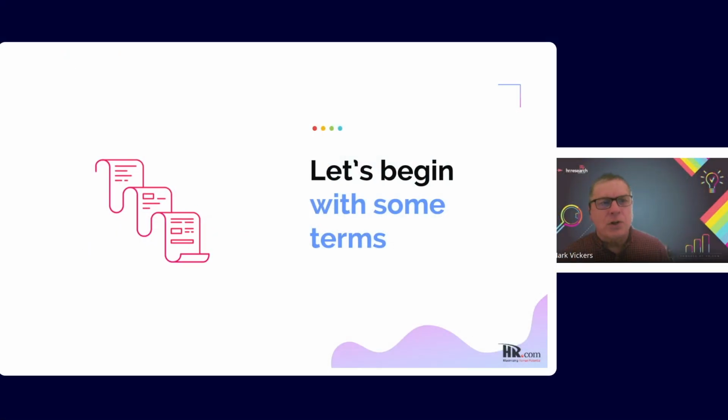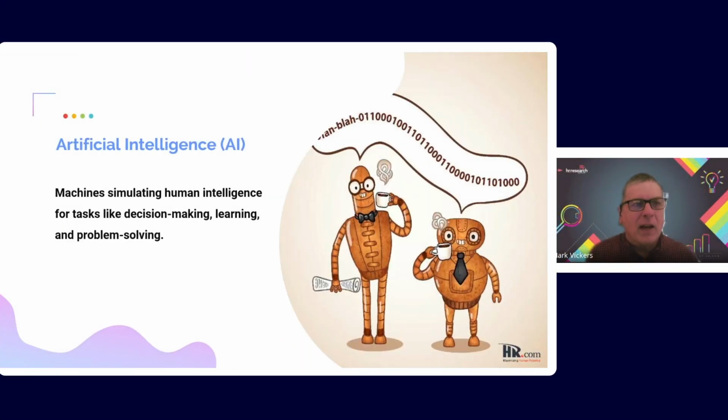Let's go to that first term, which is the name of the game, artificial intelligence. The definition is pretty simple. I think everybody here knows what it is, but it's basically machines simulating human intelligence for tasks like decision-making, learning, problem solving. Now, that's not a bad definition as far as it goes, but the truth is that we